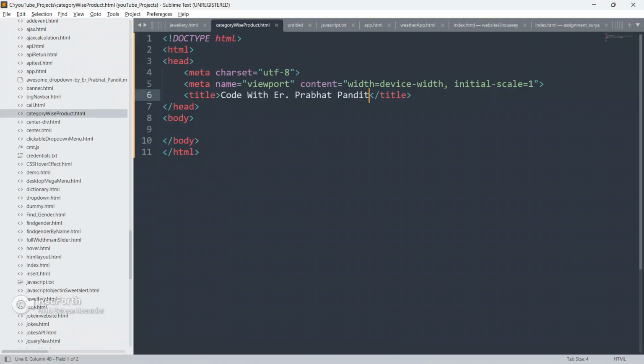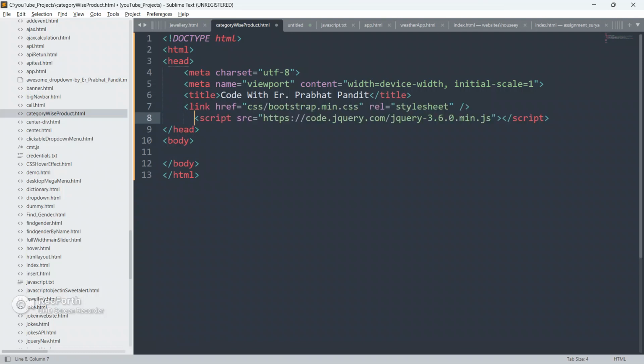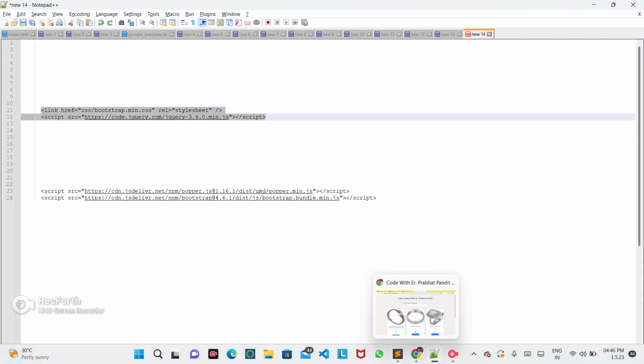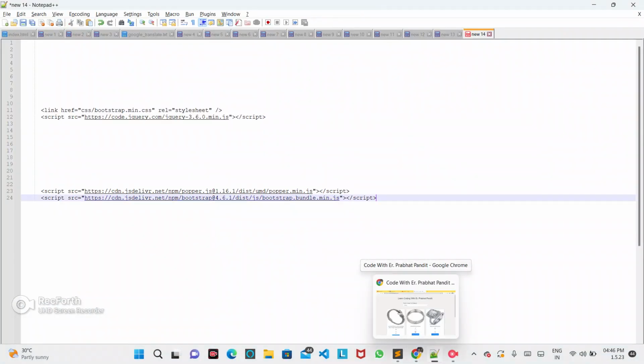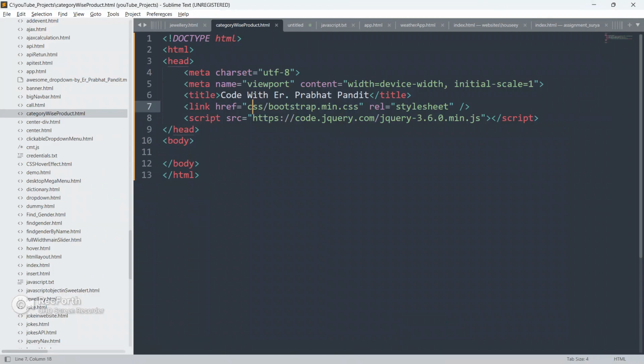I will explain the CDN link here. This is my folder name, and this is the file name, guys. Inside this CSS folder I have bootstrap.min.css, and this is the CDN link for jQuery, jquery 3.6.0.min.js.